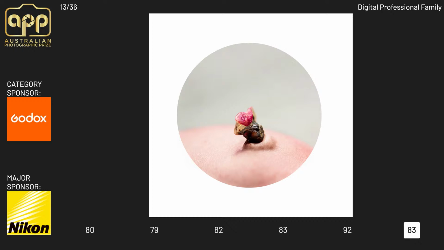Vicky, or Fiona's got her hand up. I was with Em. When this first popped up on our screen, I wanted to go straight to gold for all the reasons that Em talked about, that beautiful connection to motherhood, the connection to the new life. I didn't see a heart, I saw like a blossoming rose or like a new beginning. But once you get up close and we're talking about a gold here, I needed greater depth of field. I needed all of that umbilical cord to be sharp, not the whole belly, not the whole belly button, but the umbilical cord all to be sharp. And unfortunately, it's not. And that's what stopped me going into gold.